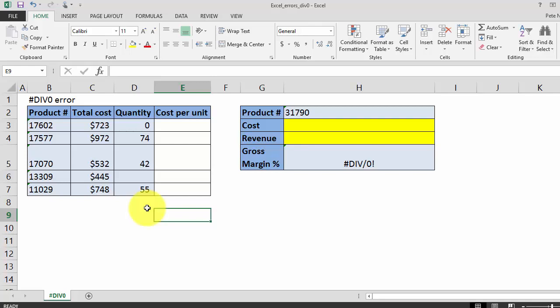Today you're going to learn how to fix the div0 error in your Excel formulas. For a printable PDF of all the solutions covered in this video,